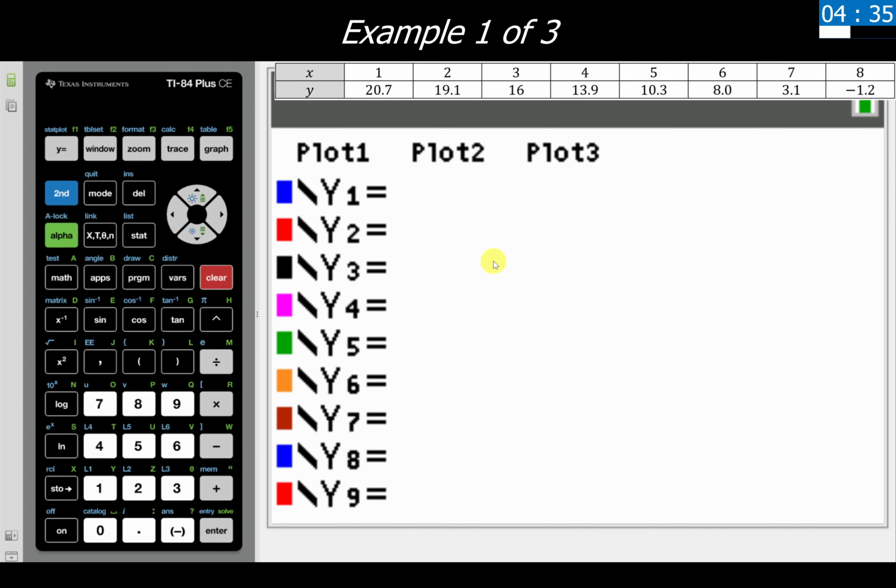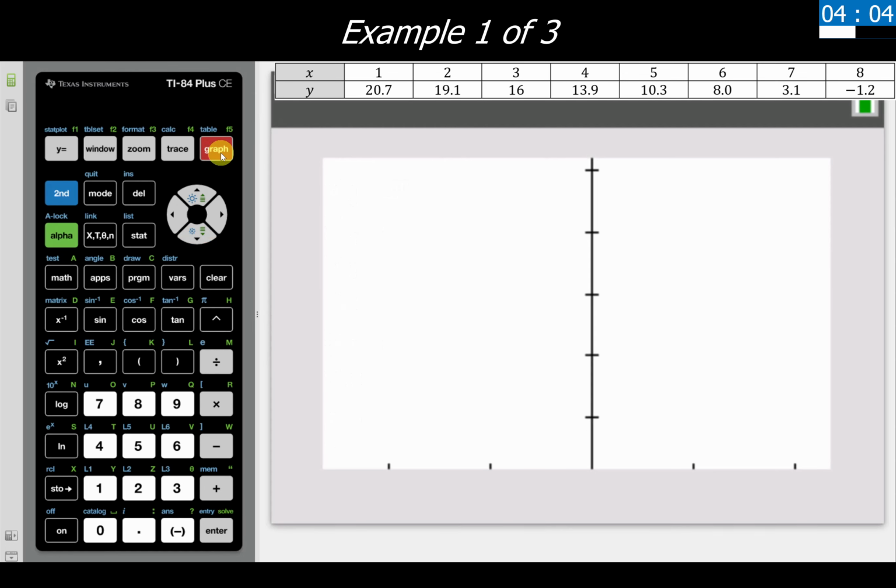The next thing that we are going to do is come up to the top where we see plot 1, plot 2, and plot 3. We want to make sure that plot 1 is enabled, meaning it has this little black background behind it. And that tells me that this thing is going to plot scatter plot 1, which it designates as the first two lists that we just entered in. So now we can actually view what this graph looks like. So I can click on the graph option here. And we're noticing, oh, wait a minute, this isn't really showing me anything that I want. The window looks kind of weird and all of that. From here, we have a couple options on what we can do.